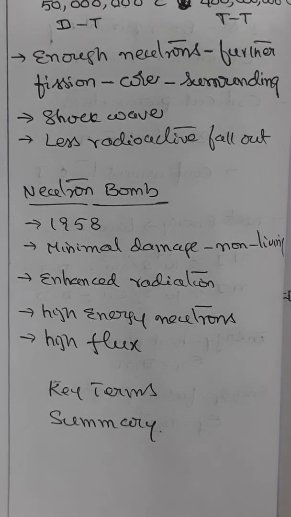Let us summarize along with the key terms. We tried to understand fission as a process of disintegrating heavy nuclei into small fragments. We looked at understanding fusion as a process of fusing light nuclei to form heavier nuclei. Nuclear reactions are independent of chemical reactions. Nuclear reaction cross-section is nothing but a measure of the probability of interaction of a particle with a nucleus.